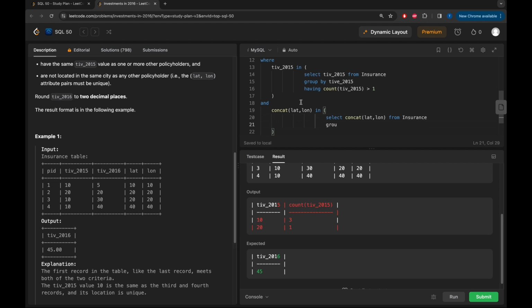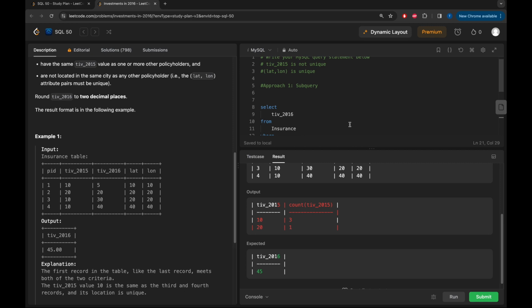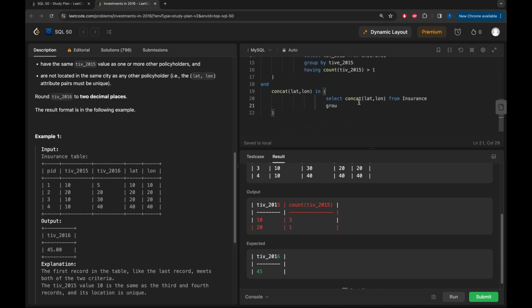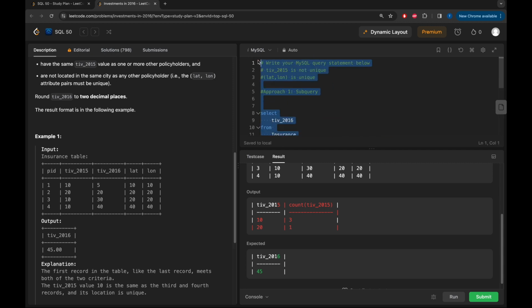We do the same thing as we did with TIFF 2015, but in here we want this unique value, so we are going to count the concat lat long equal to 1. So we want that to be unique in that concat lat long value. So group by concat lat long having count concat lat long equal to 1. So if I run this separately and comment this out,